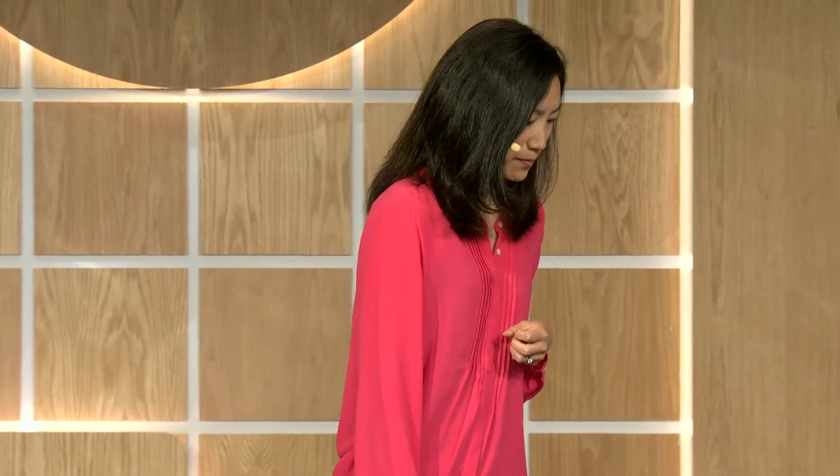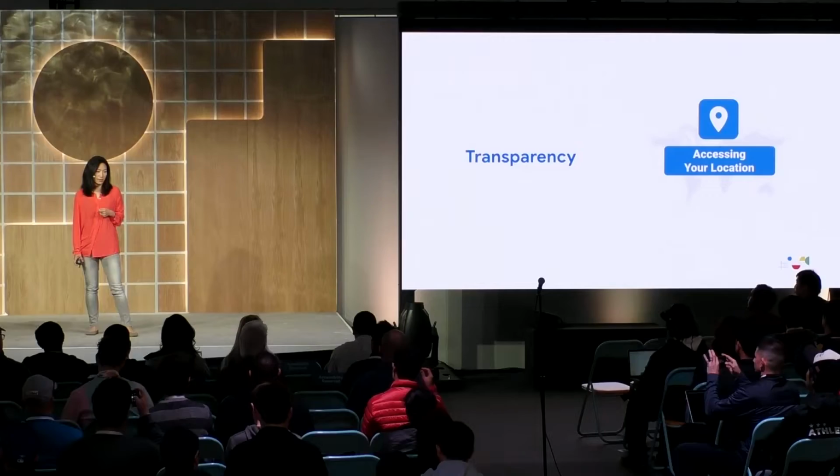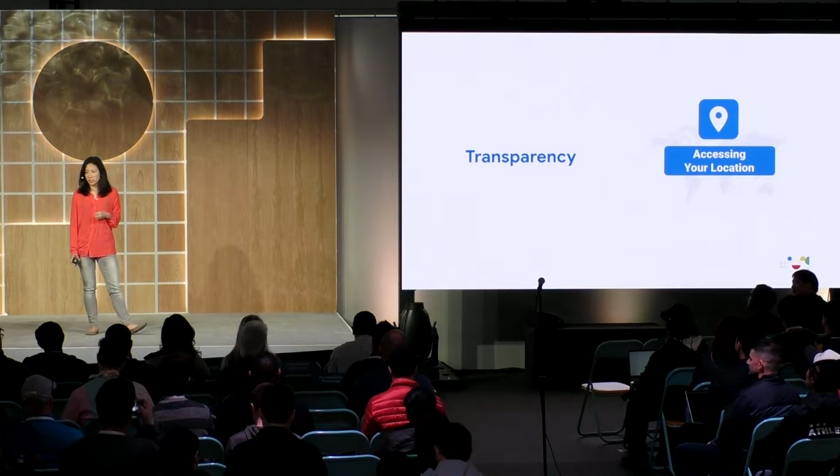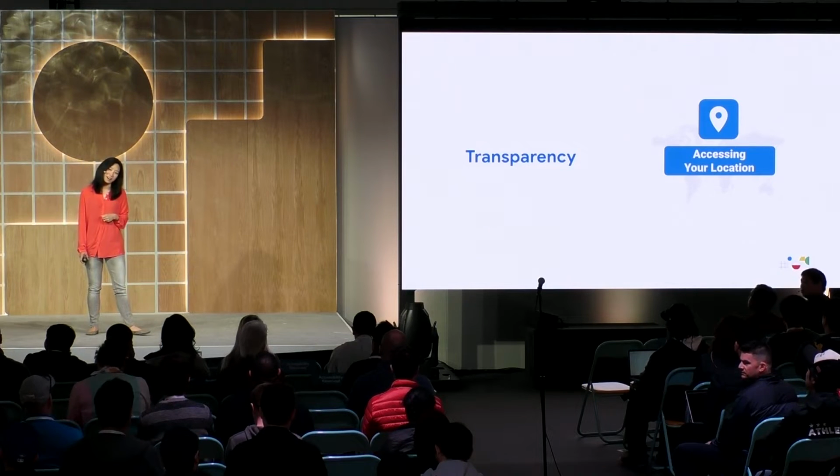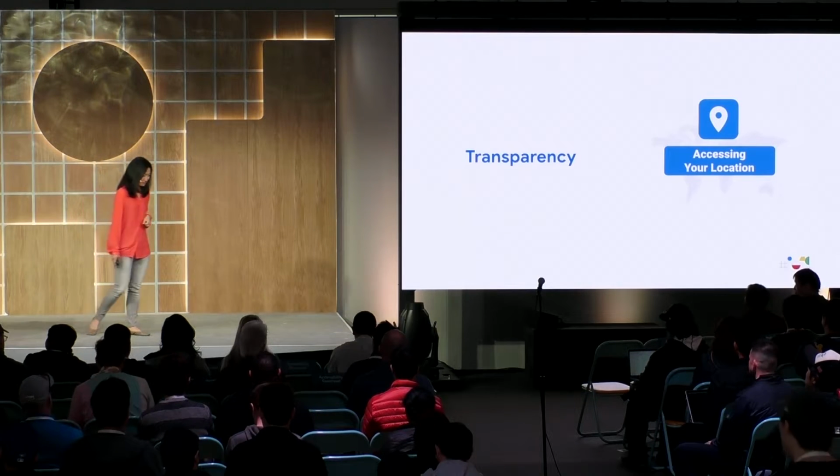Second, we want users to have transparency over what apps have access to their location, especially when it might be unexpected. We'll also talk about how we're providing helpful reminders to users about when apps are accessing their location when in the background, so they can determine whether they want to continue that or not. Next, I'll hand it to Praveen to get us started.